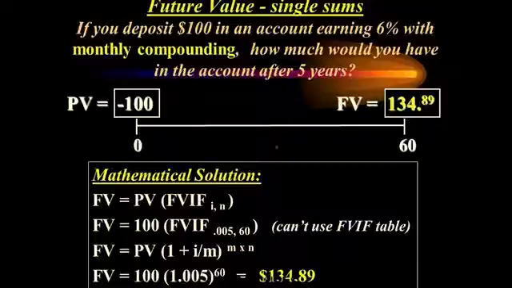So 1 plus 0.005, 1.005, and power will be 60. Why is power 60? Because you do 12 into 5, 60. That's where you compute future value, maybe for quarterly compounding, monthly compounding, half yearly compounding, but it's applicable only for